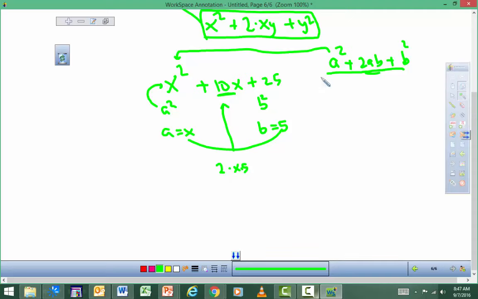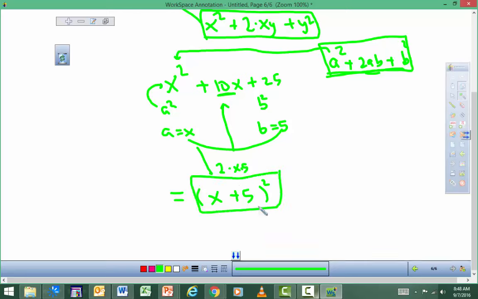So what that means is that this is the pattern right there. What it means is that this factors to a perfect square. And you put the perfect square up there, and your a and b go in right here. This is x plus 5, this whole quantity squared. So what you're doing is you're checking this trinomial, and if it has a special pattern,